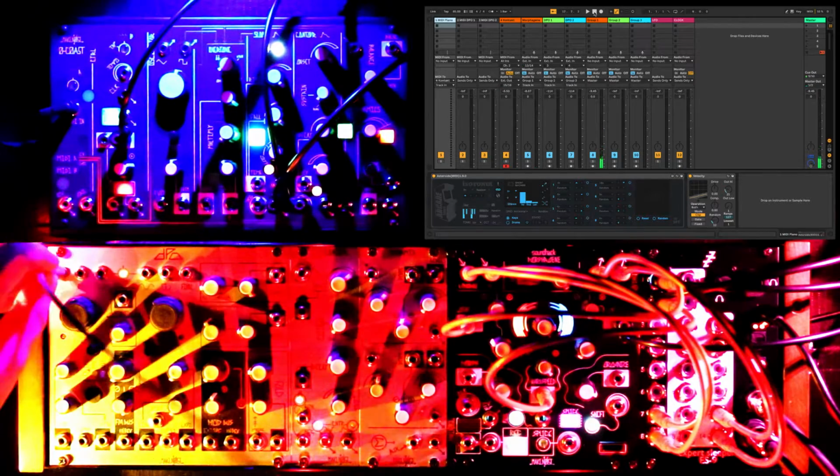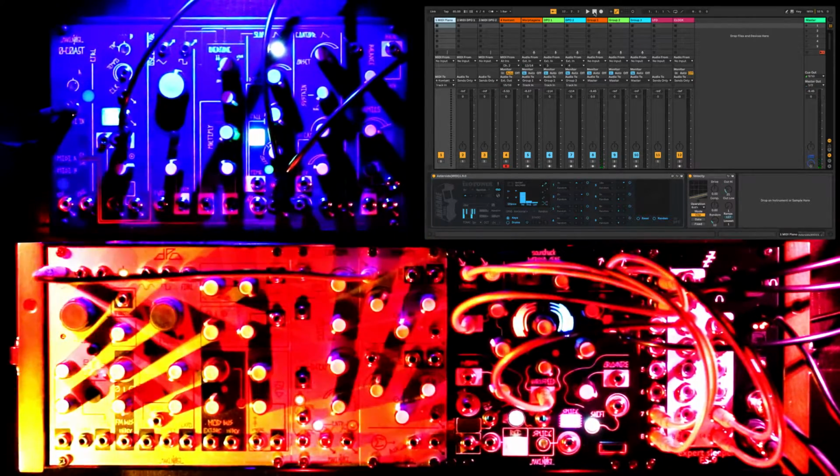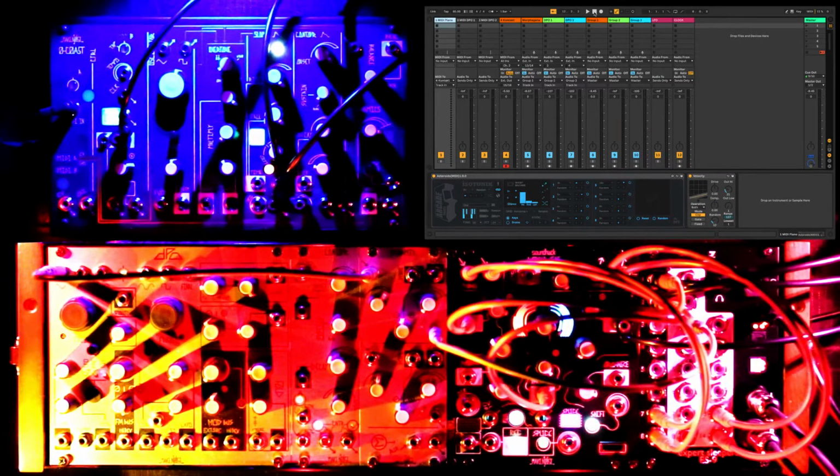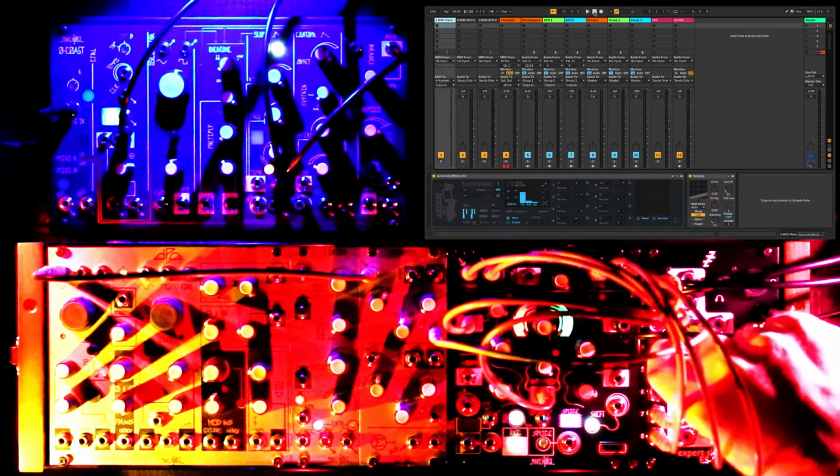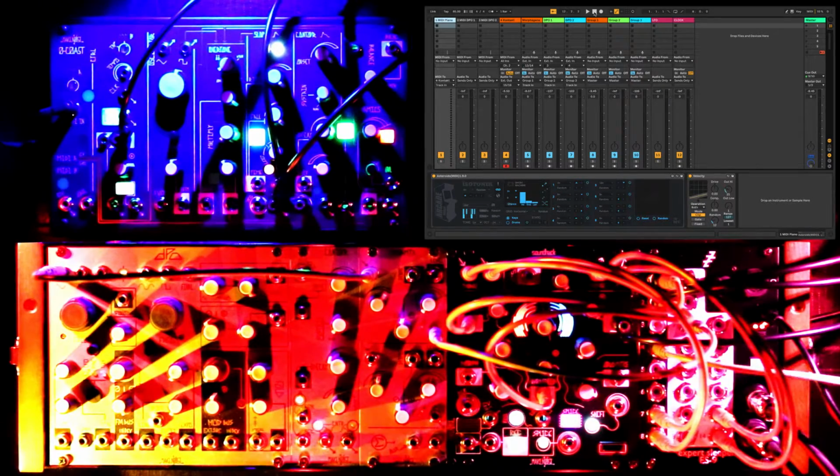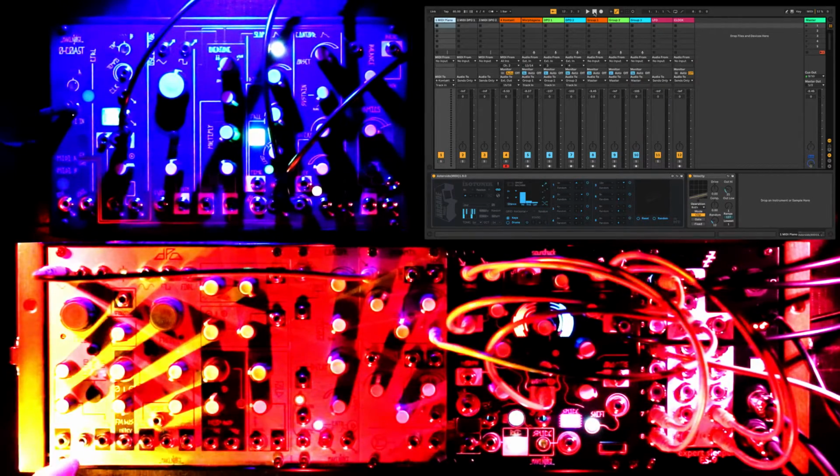Next, let's calibrate our VCOs. We'll start by sending the triangle output of VCO A to the top channel of the Dynamics, and the Dynamics output to one of our audio inputs on the ES9. Next, we'll connect the cable which will be used for pitch from one of the ES9 outputs to the 1V per octave input on VCO A.